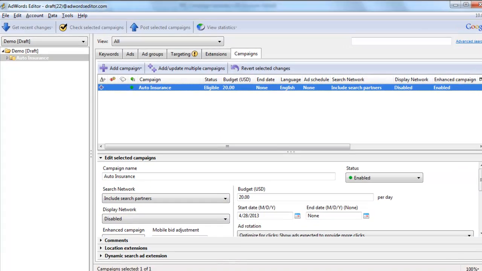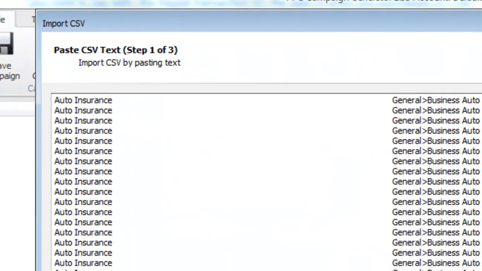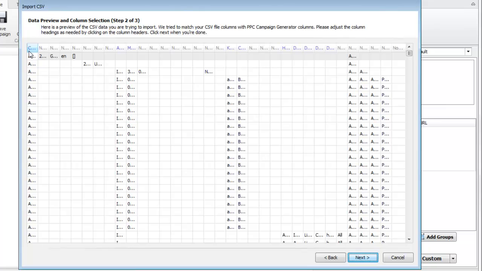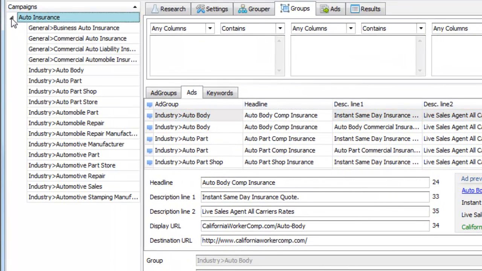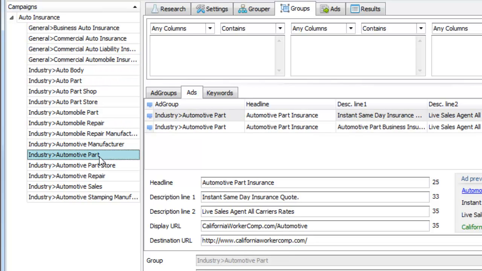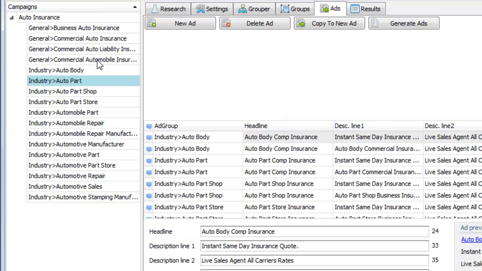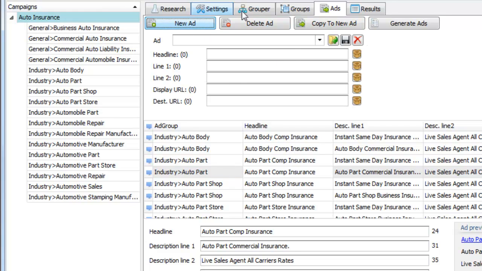Just copy that, go into PPC Campaign Generator, import paste text, and then it'll select the columns. They'll look purple. All the gray ones are ones that we're not importing. Hit Next, hit Finish. You can say, yes, I'm sure. And what we've done is we've basically recreated our account right here. So in this case, we could always change the ads, make them new. We can generate new ads if we wanted to, or we can simply look at the keywords, go to the Groups tab,